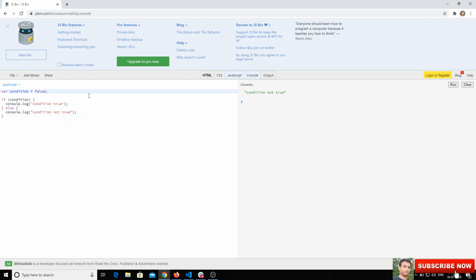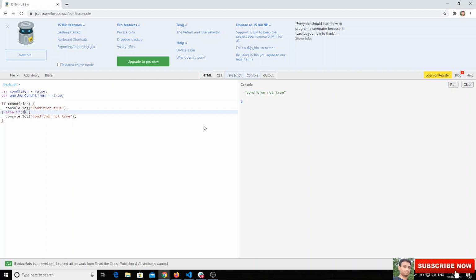Now let's think that I have another condition, with another variable, and this is true. If this condition is also true, then I need to execute some logic. How can we write that? We can use else if here.